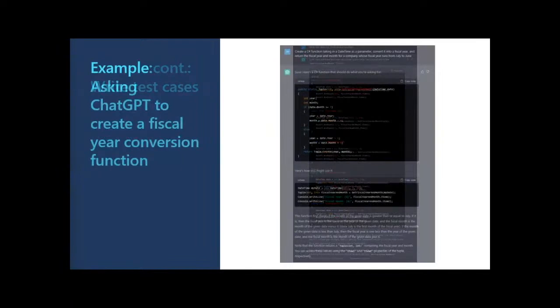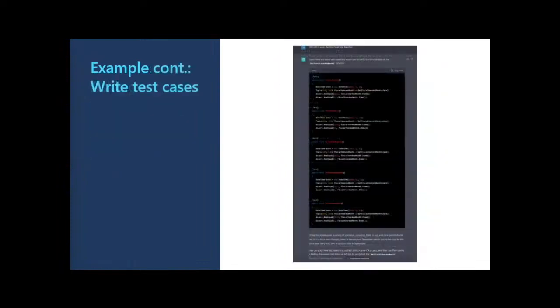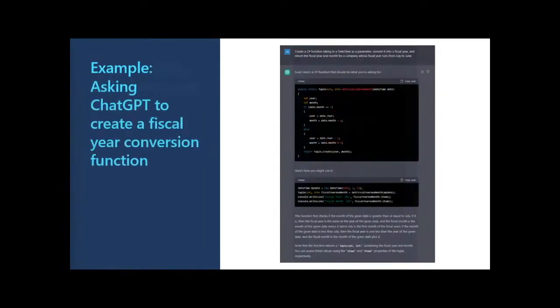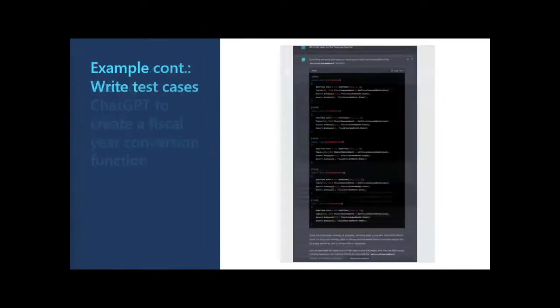It'll even explain, the function first checks if the month of the given date is greater than or equal to July. If it is, then the fiscal year is the same year, and so on. And then the function returns a tuple of an int containing the fiscal year and month, things like that. So it even shows you an example of how to call it. And if you're writing a test case,